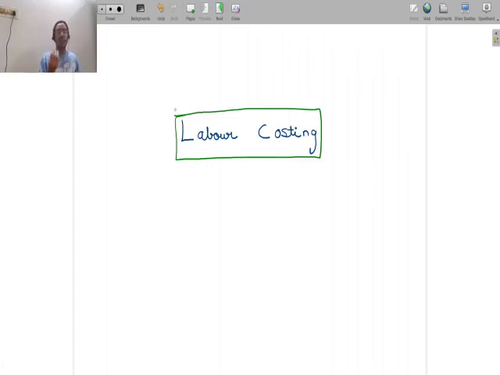Number one, I will be talking about how this topic fits in the big picture. And what I mean by this is if the entire subject of cost and management accounting is taken, and if I call that the entire scheme of things, then in that big picture, how this topic labor costing would fit in. So that's going to be what we will be looking at as the first part in the introduction. And after this is done, I will give you a broad overview about the topic outline.